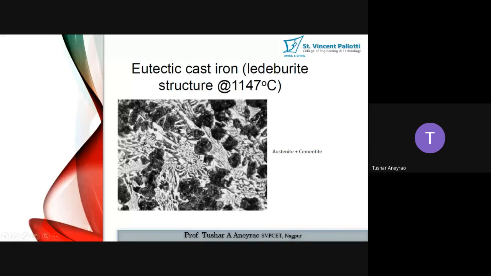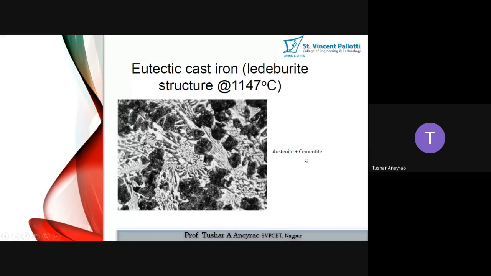This is the ledeburite structure, that means the mixture of Fe3C and austenite. So whatever white spots are there are the cementite, and the black spots are the austenite. And this is the mixture. So you can see here, there are some parts in the grain, depending upon the cooling cycle, where austenite is precipitated, and some parts where cementite is precipitated. So white is the cementite. Okay, so cementite is also precipitated.